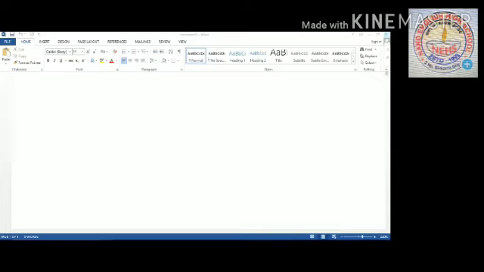Okay children, before we study about MS Word, we should learn about MS Office. So already I have described MS Office. First here we discuss MS Word. MS Word, often called Word, is used to create, edit, save and print the document. An MS Word document contains text, pictures, charts.